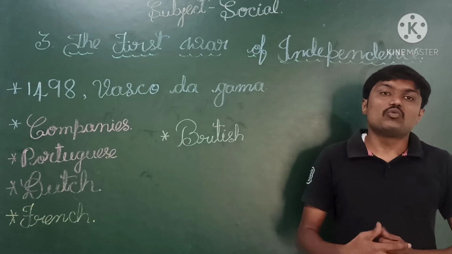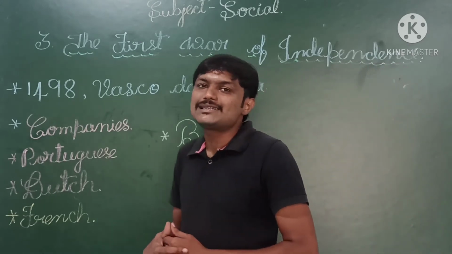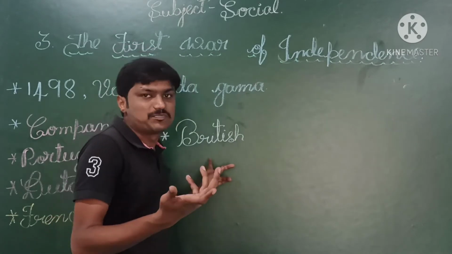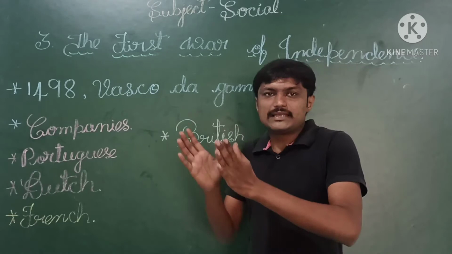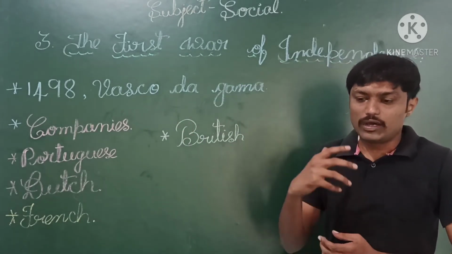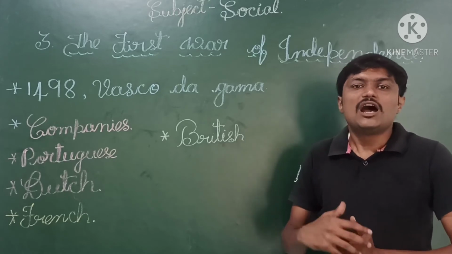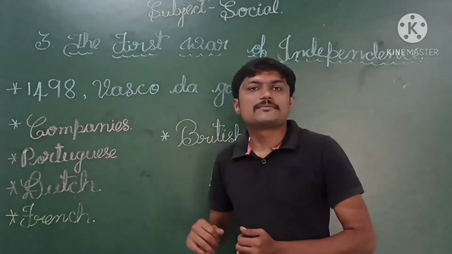The people who are settled in the European countries are together called British or English people. British does not refer to any one particular country. The people who reside or stay in the European countries are together called British. By seeing the Dutch and French,